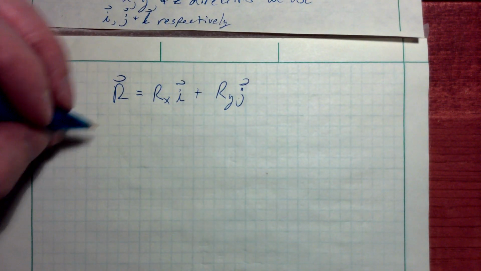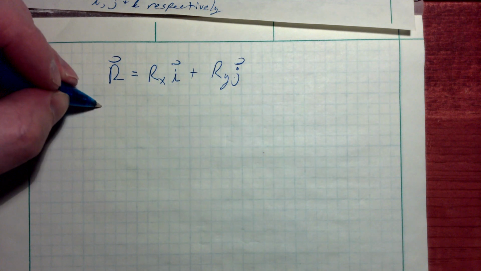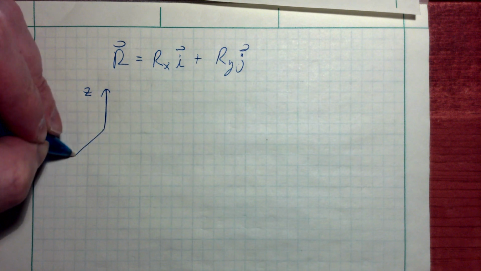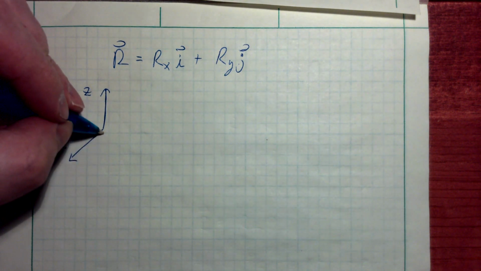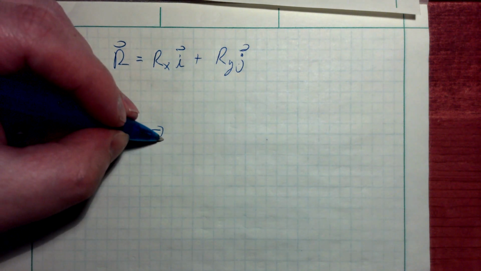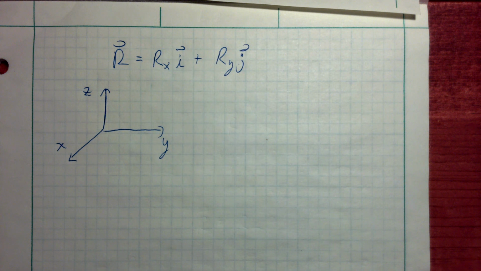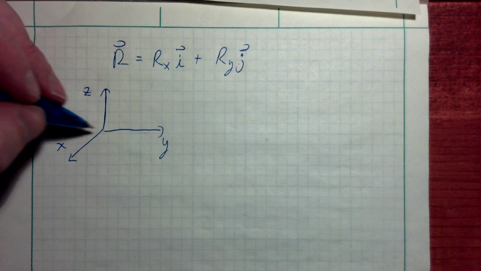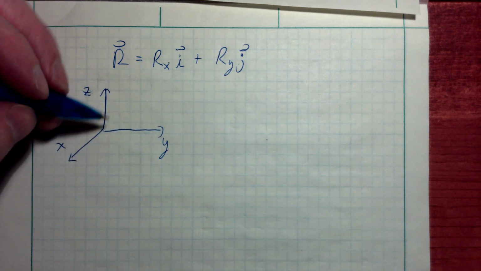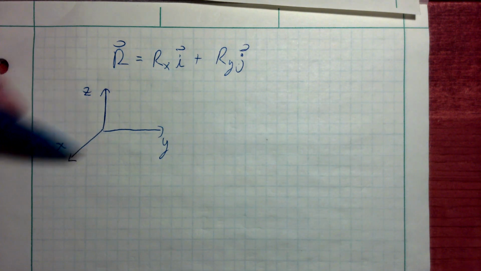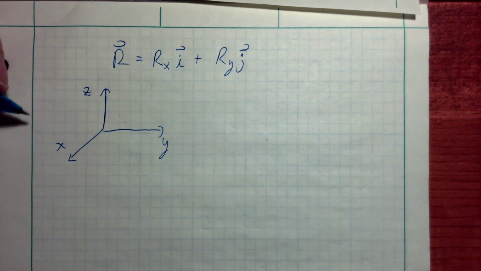Right? So, in 3 dimensions, as alluded to, we'll work with 3 dimensions quite a bit. A common way to draw 3 dimensions, we're going to talk about right-hand rule. A very common way, if I've got grid paper, I'll draw a z in the vertical. I cross my lowercase z's so they don't look like 2's. My y direction, if I can, I like to draw positive y going to the right. Negative y to the left. Negative z down. X really represents into and out of the page. Into and out of the page, but you can't draw it that way, so I draw it kind of off